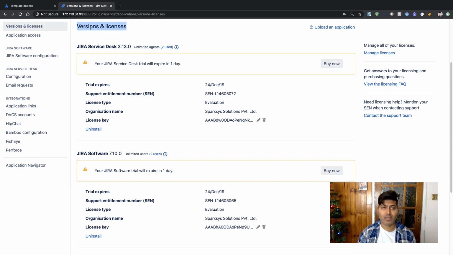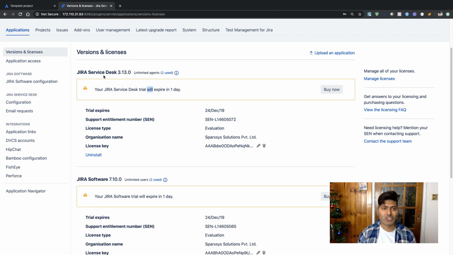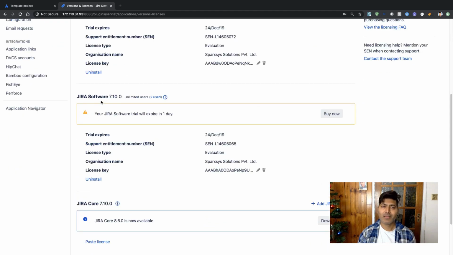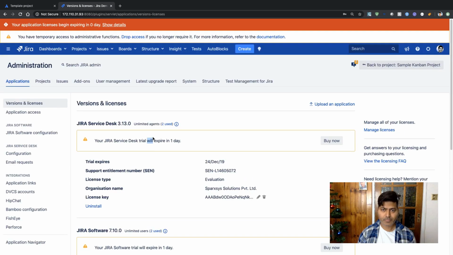So if you look at this section here, you can see that you have a license which should be installed, and that license should also be valid. So as you can see on this screen, my license is expiring within 1 day, both for Jira Software and Jira Service Desk. At the same time, you also need to make sure whether you have an evaluation license,